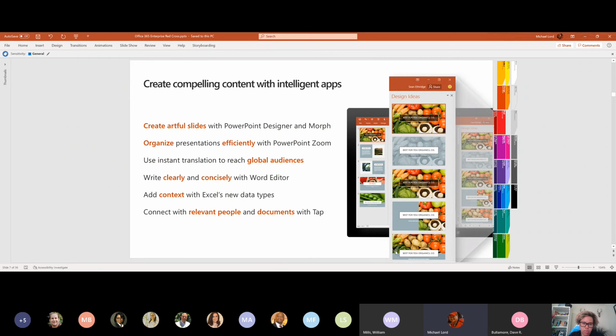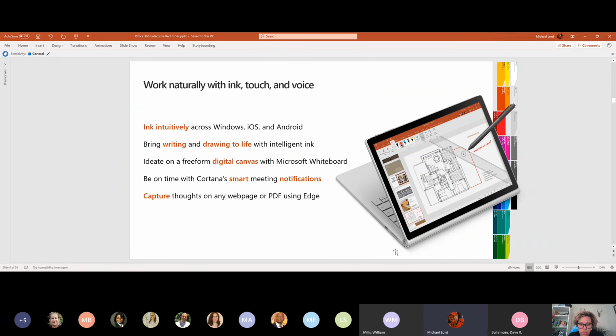Now, you'll see a lot of emphasis on tools that help make things better. Intelligent apps is another way of saying bringing artificial intelligence into the workplace. So we start talking about things like PowerPoint Designer and building all of these neat tools and suggestions, and clearly and concisely communicating with your target audience. Touch and the actual form factor that you're using. This has been a big focus.